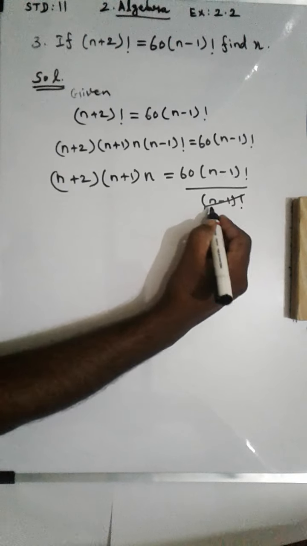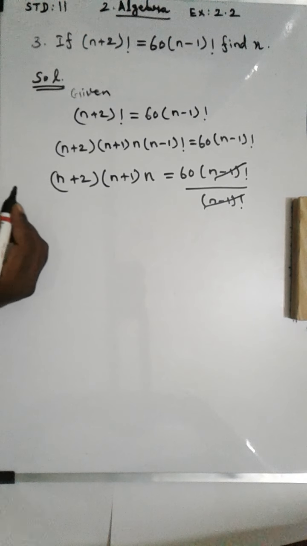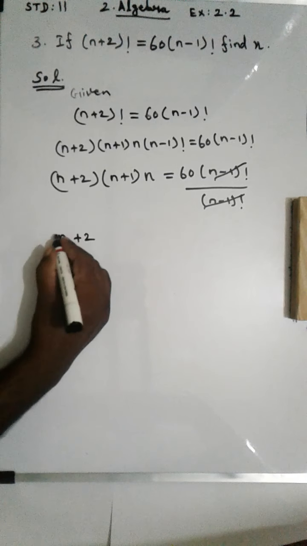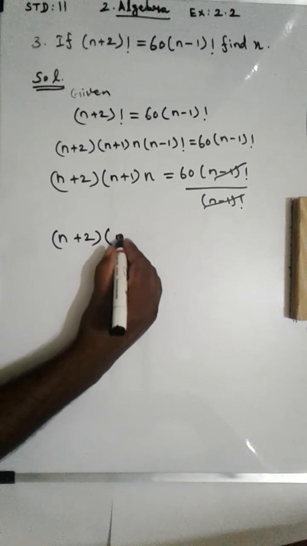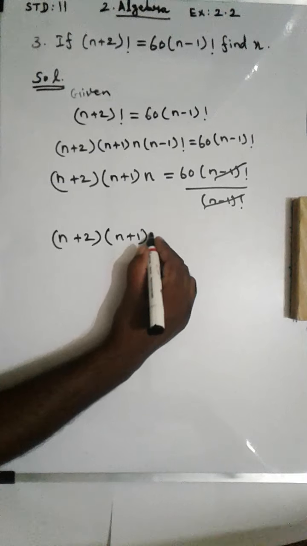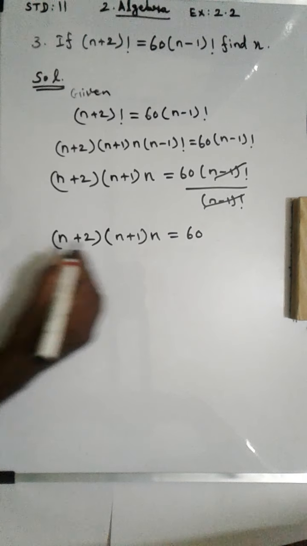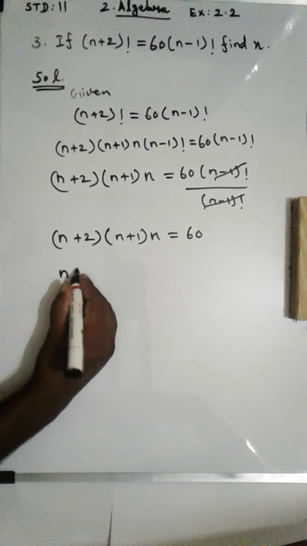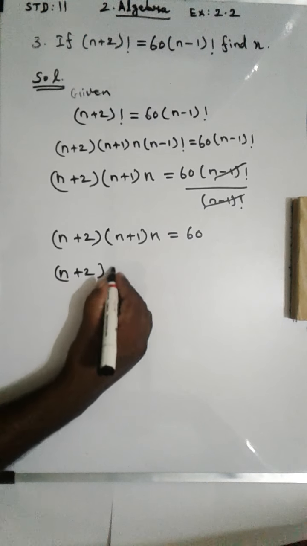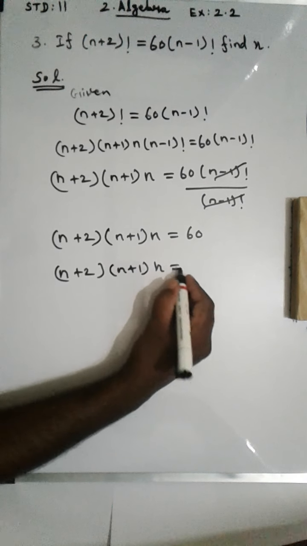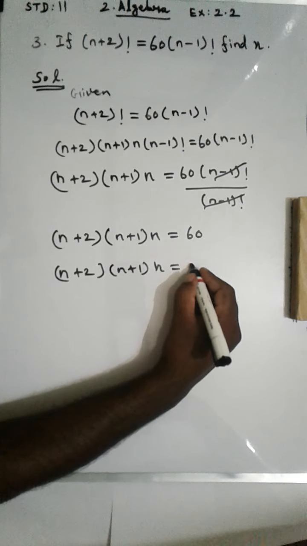Now n minus 1 factorial cancel. Therefore n plus 2 into n plus 1 into n equals 60. 60 we should write